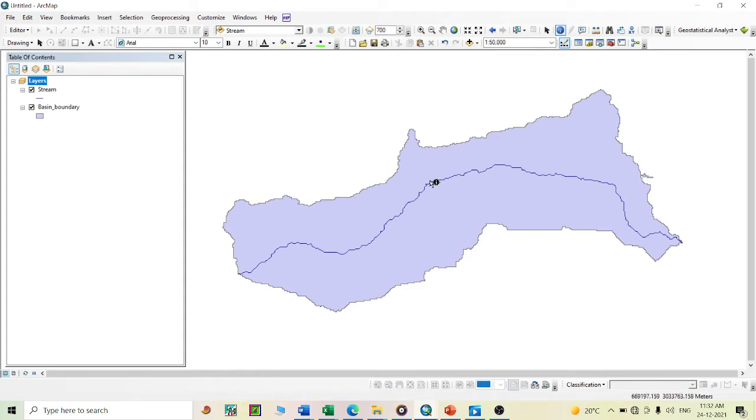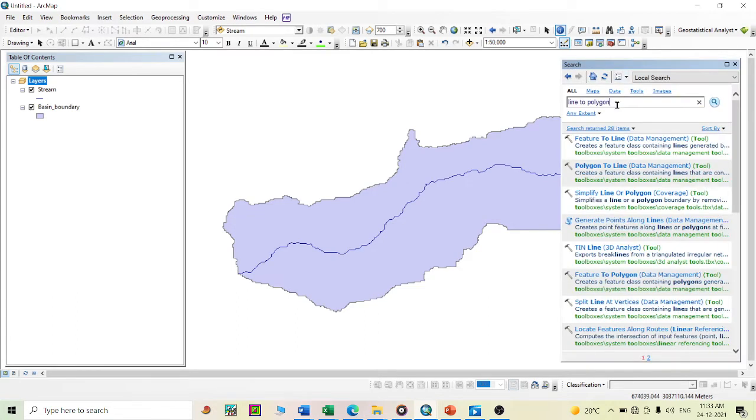So my first work is to convert this polygon, that means the whole river basin area, to a line feature. For that, click the search option and type polygon to line, and click search.